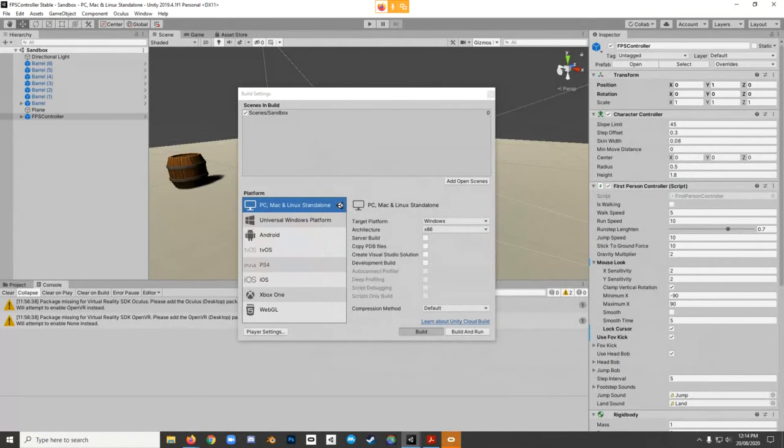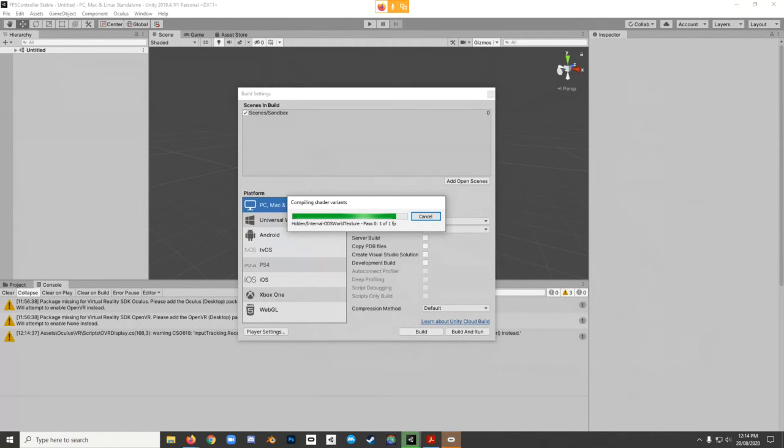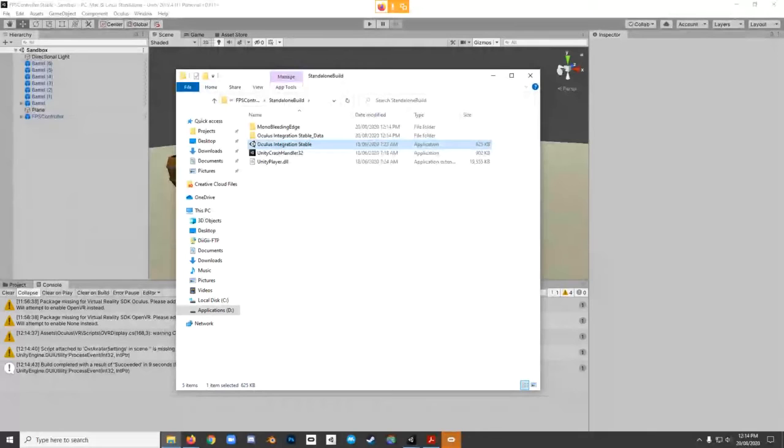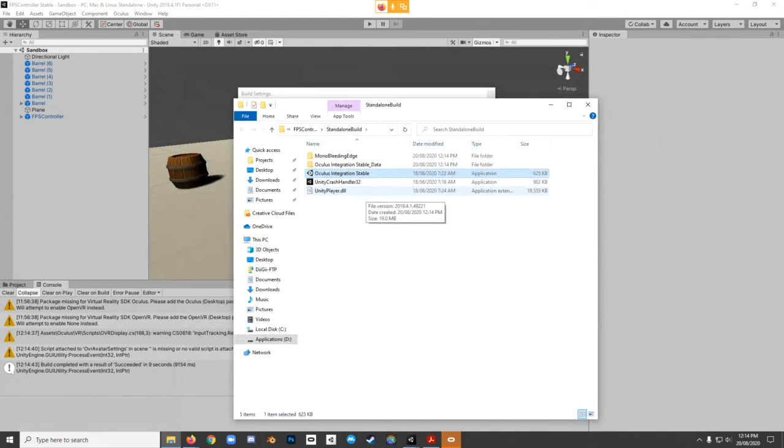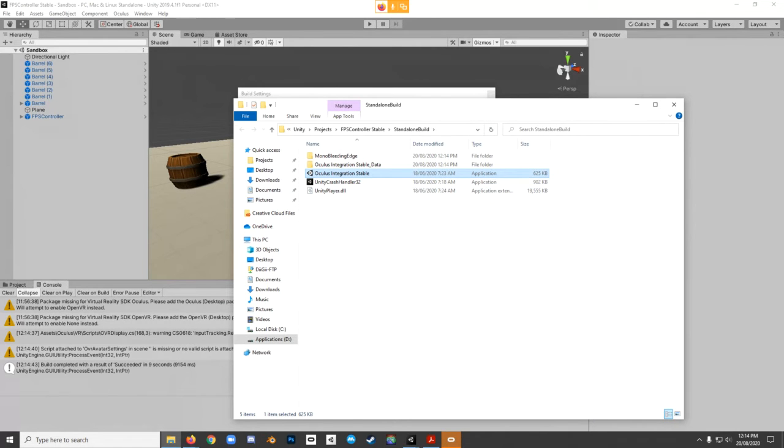And then it's just a matter of waiting for the build process to finish right here. Now, once that finishes, the File Explorer window should pop up with the actual folder open that you've selected. And as you can see there, it actually generated this exe file right here. So it's a bit weird. It's Oculus Integration Stable. It's dependent on the name of your project,